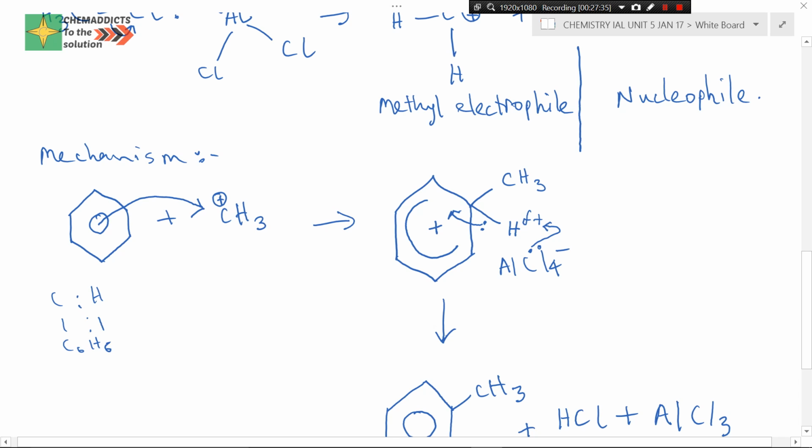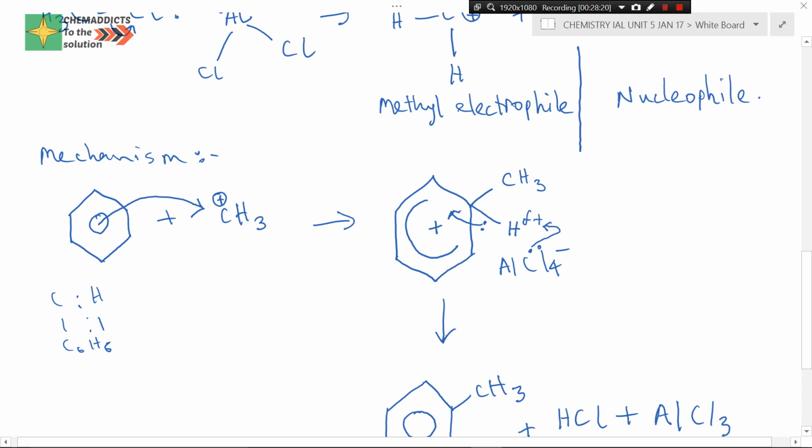So this electrophile will pull out a pair of electrons from the benzene molecule, forming an intermediate over here. In this intermediate, the delocalization has a lack of electrons. Since the delocalization lacks electrons in this intermediate, the electron pair of this particular carbon hydrogen bond over here will lose its bonding electron to the delocalization,